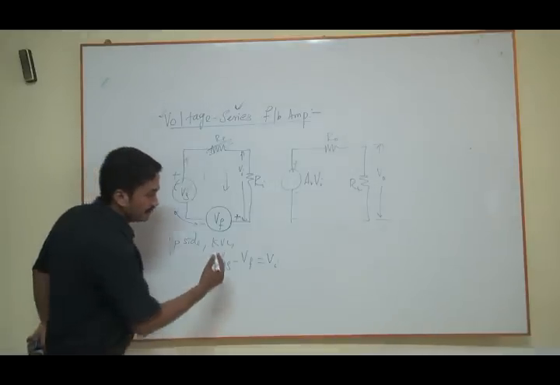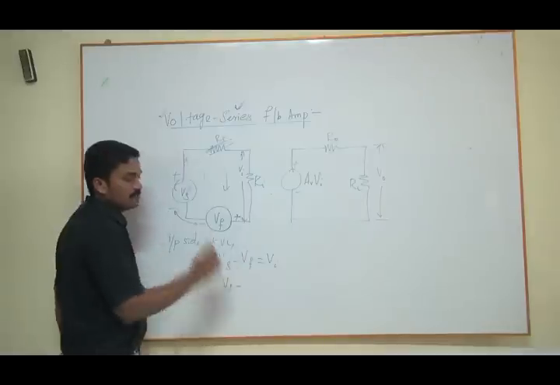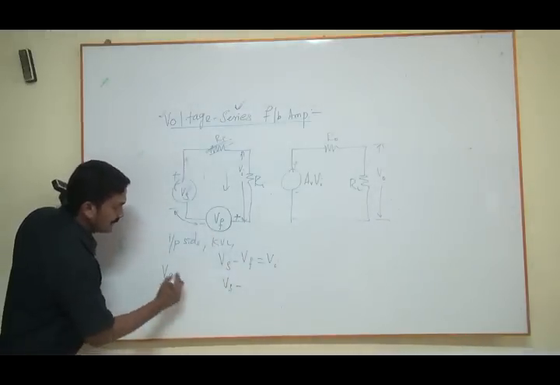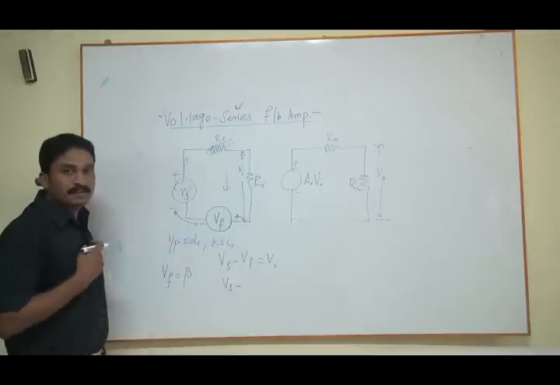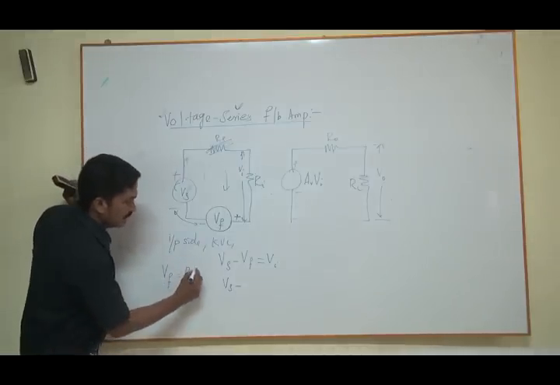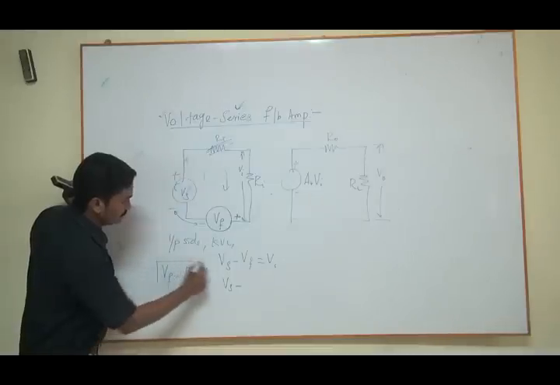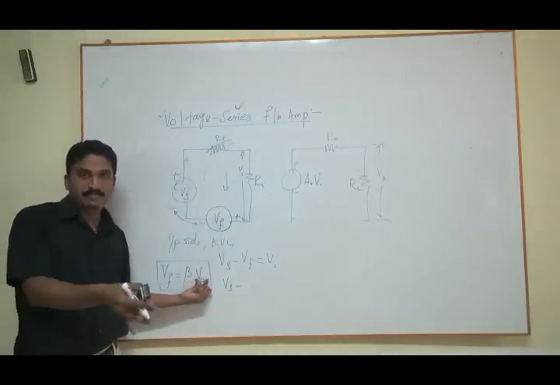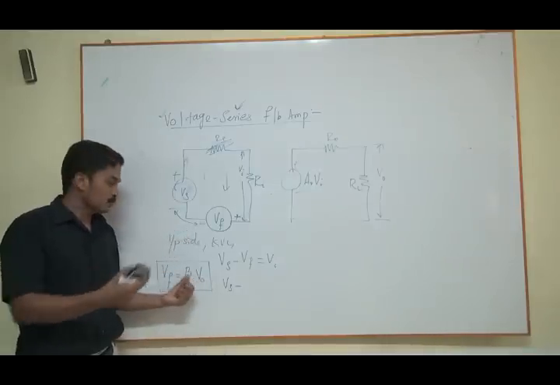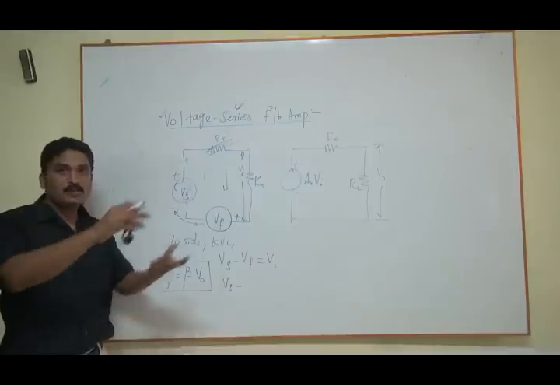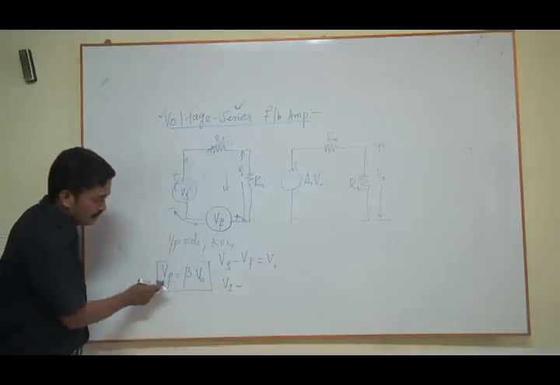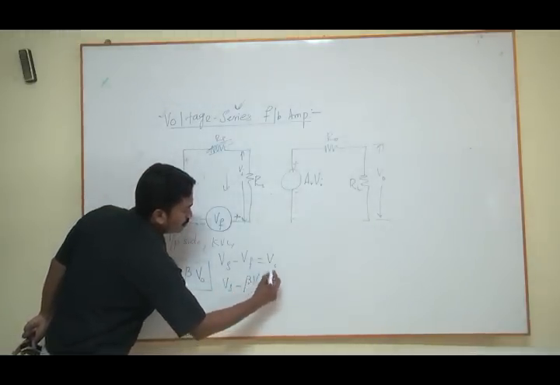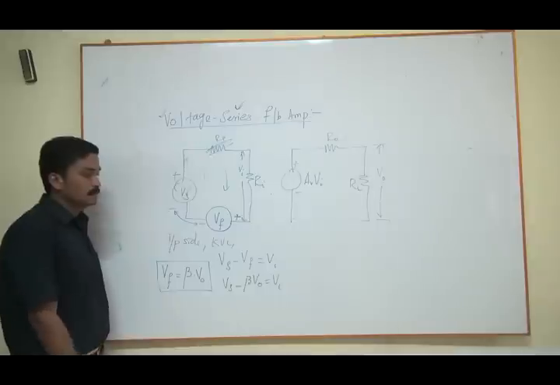Clear? And now Vs minus Vf, what is Vf? Vf is nothing but the feedback voltage. It comes from the beta feedback network and the output voltage V0. This output voltage we have taken as feedback, and we applied it through the beta. So beta into V0 brings the Vf voltage to the input side. So now Vf is equal to beta into V0. You can write beta into V0 is equal to Vi over here.